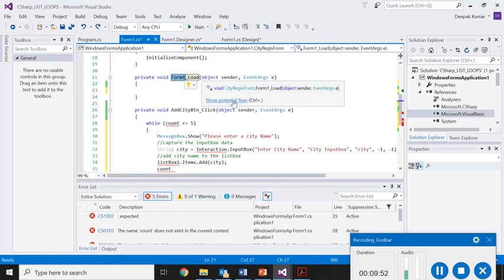So you can press Control full stop, or you can click on this show potential fixes button, which says that you are renaming this to this form 1, and if you click on this event, obviously